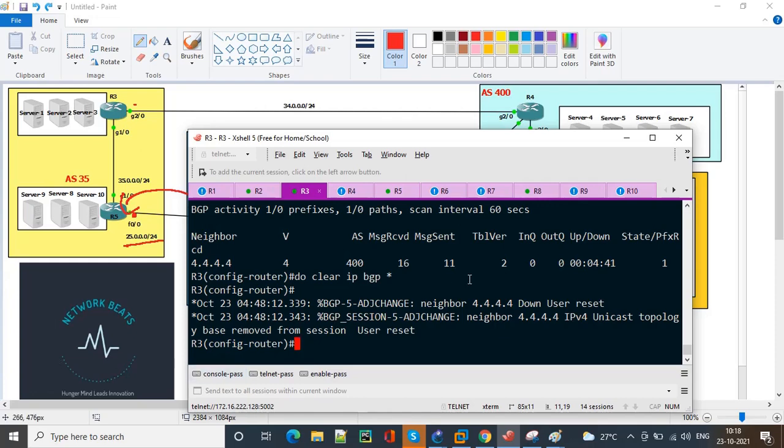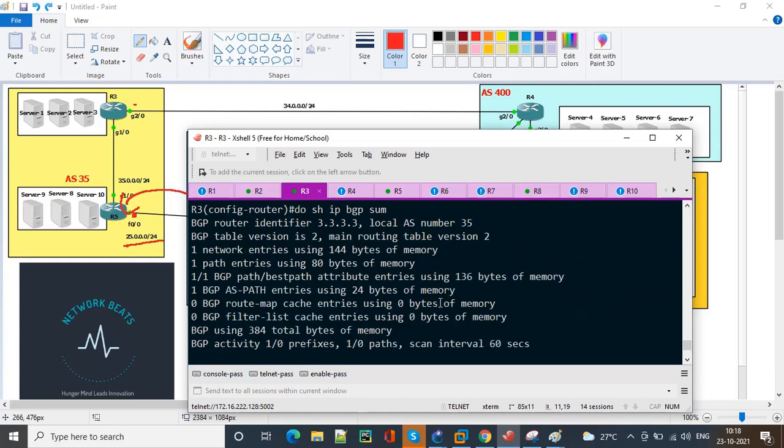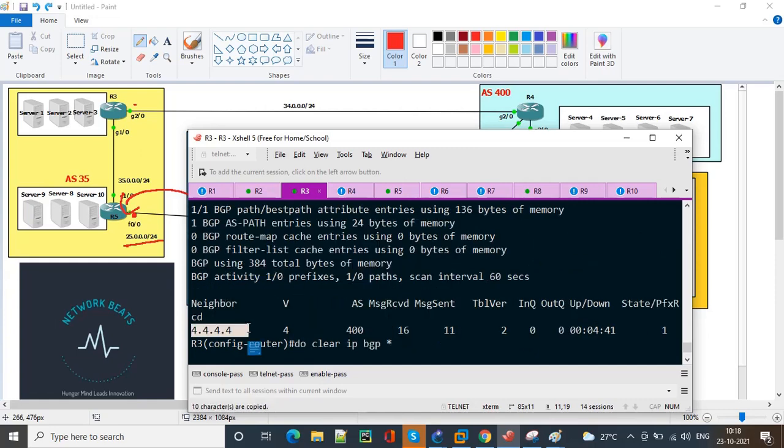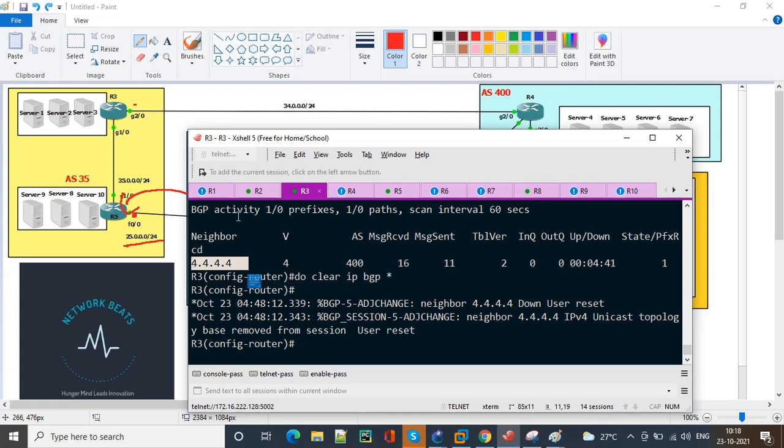The thing is, there is a hold timer which we have seen. Until the hold timer expires, our neighbor is not going to go down, because it is trying to reach that neighbor in that hold time period. If the neighbor is not responding in that period, it declares the neighborship is not alive anymore and considers the neighbor down. So I have forcefully cleared my BGP process to initiate my connection from scratch with R4.